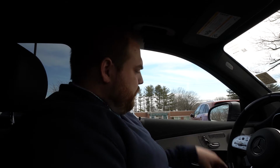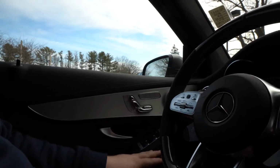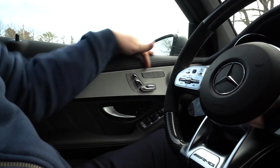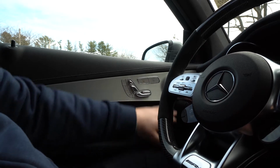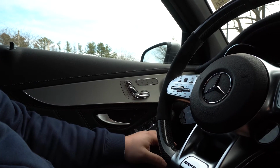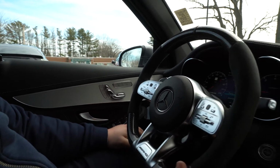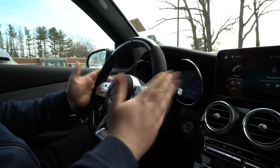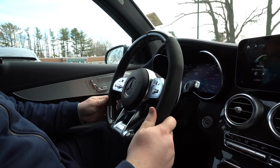All right, now that we're inside the GLC, I'm going to walk through some of the options and features that this car is equipped with. Starting over on my driver's side, the left here, you'll notice you do have both heated and ventilated seats up front. As we move forward, you'll see the Burmester sound system, which is a phenomenal stereo system here in the GLC. That brings us to the steering wheel, which is the AMG Performance Steering Wheel, which is